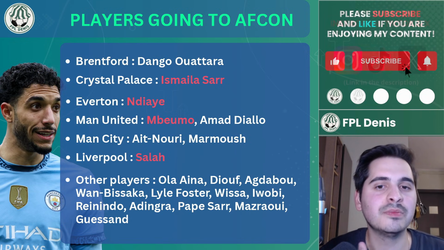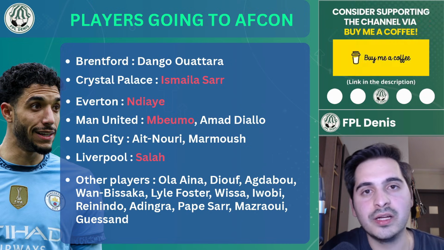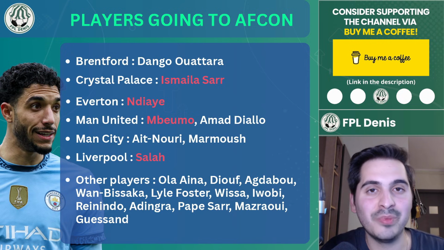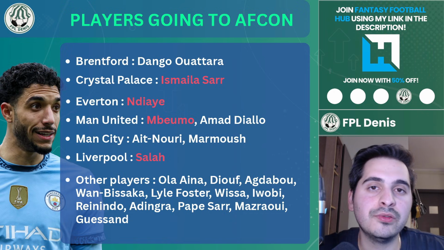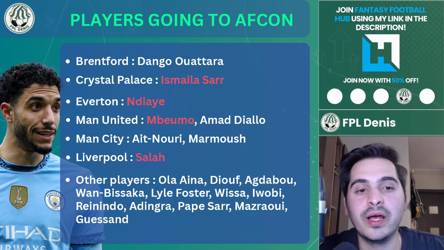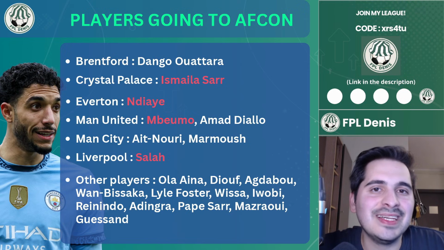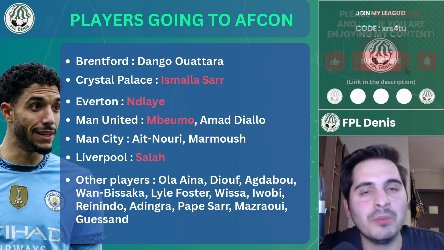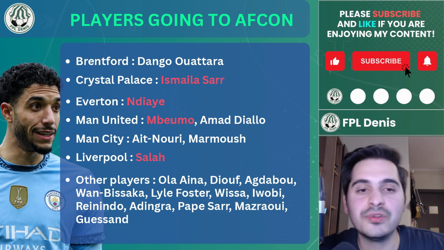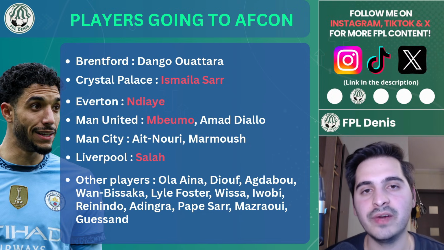and in terms of defenders. For example, someone like O'Reilly at the moment could be a rotation risk with someone like Ainuri, someone like Vardiol, someone like Ake. All these defenders from Manchester City could play as a left back. And when Ainuri is going to go to the African Cup of Nations, maybe someone like O'Reilly could be a really nice option. In terms of midfielders, Manchester City still have a lot of midfielders and they are still going to rotate. They are Manchester City. It is about Pep Guardiola, but still, without Marmoush, we're going to have less rotation overall. So that's a good thing if you're looking to invest in Manchester City.